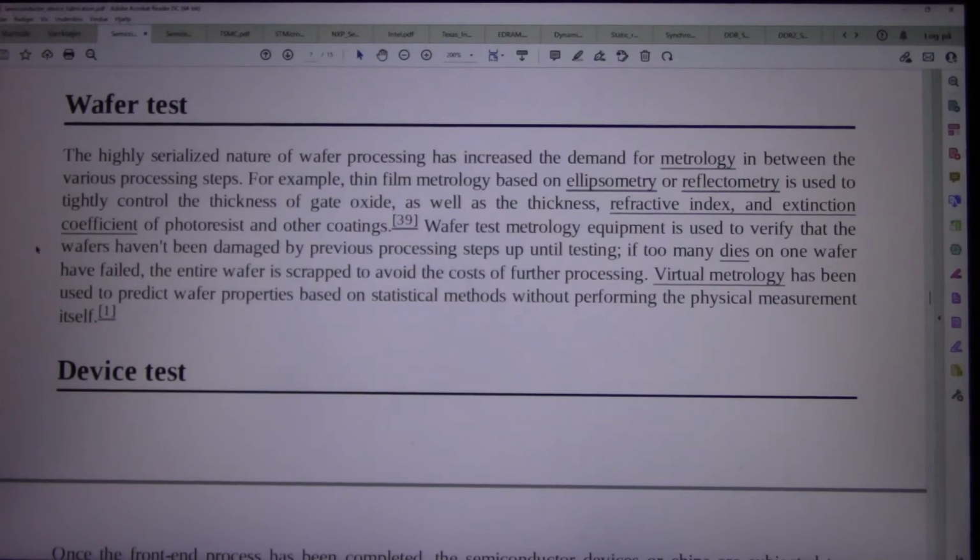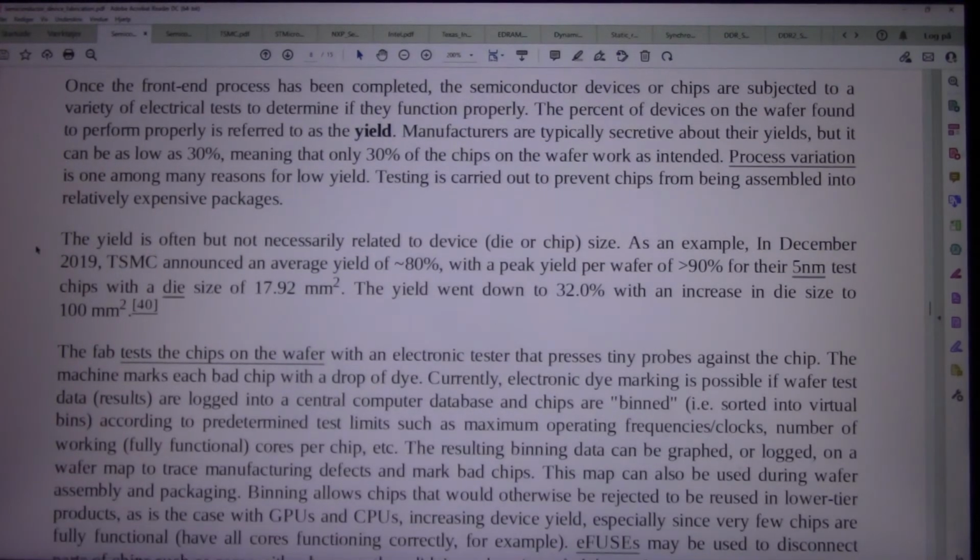Device test. Once the front-end process has been completed, the semiconductor devices or chips are subjected to a variety of electrical tests to determine if they function properly. The percent of devices on the wafer found to perform properly is referred to as the yield. Manufacturers are typically secretive about their yields,